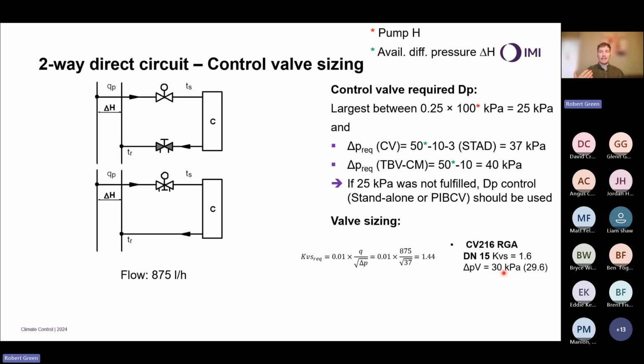At that point, we can then size my balancing valve to take out the difference between the available head and the other parts in that circuit. So it's a pretty simple bit of mathematics. We take the available differential pressure, take off the coil pressure drop, and finally take off the valve. So we size our balancing valve to 10 kilopascals at my design flow of 875. And at that point, that's, in this example, a STAD 20 with a setting of 2.52.